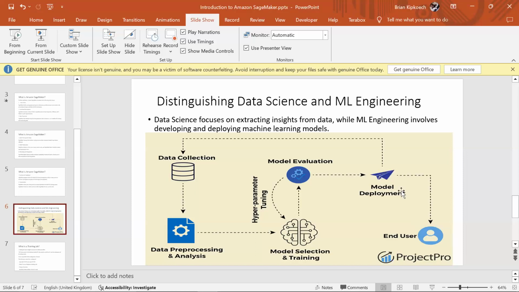A user can just populate their data there, and it can predict whether the customer is going to churn or not. Or if it's the cats and dogs example, a user can just post an image of their cat or dog, and your model will be able to predict whether it's a cat or a dog. So for you to be able to use the model, you'll have to deploy it through a SageMaker endpoint.